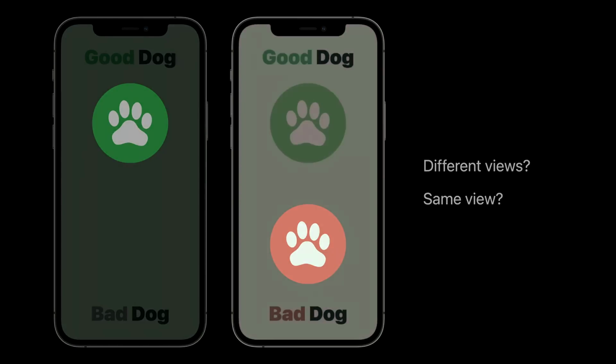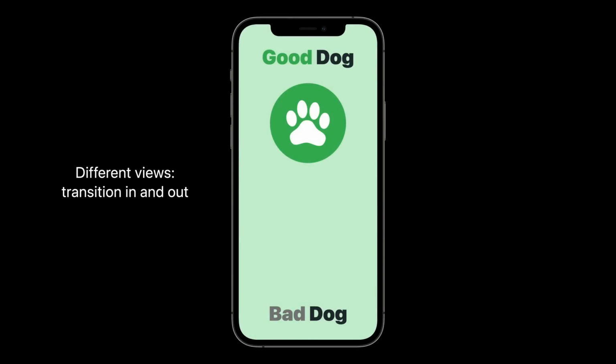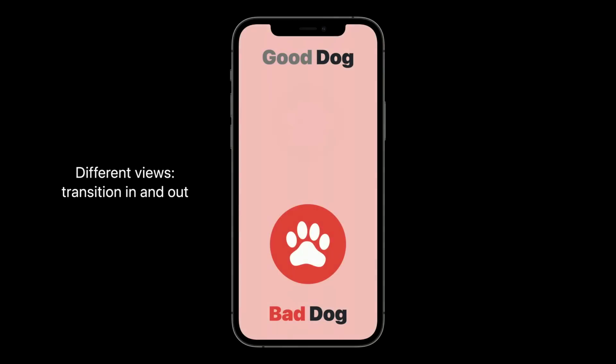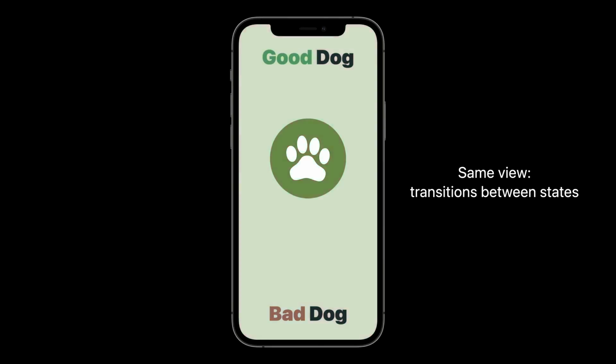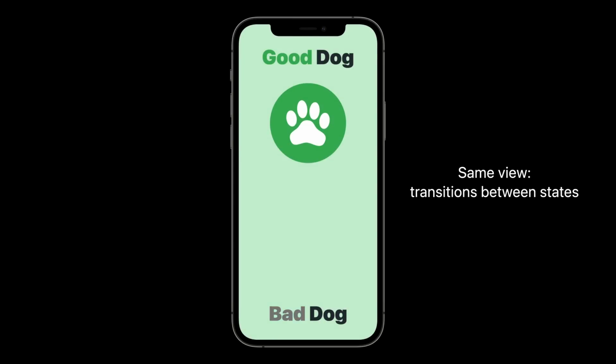Let's say those icons are, in fact, different views. That means the icons should transition independently, such as fading in and out. But what if they're, in fact, the same view? That would instead imply that the view should slide across the screen during the transition, because it's the same view moving from one location to the other.